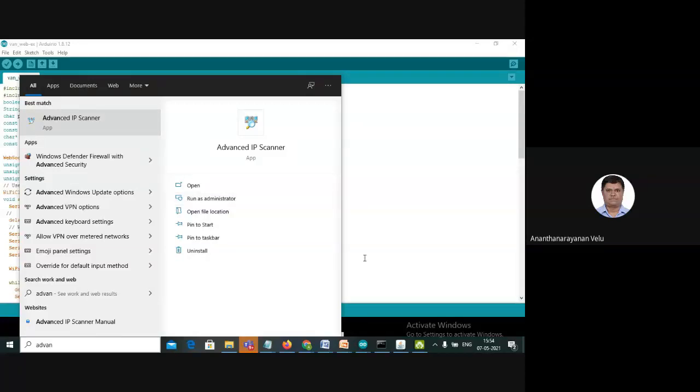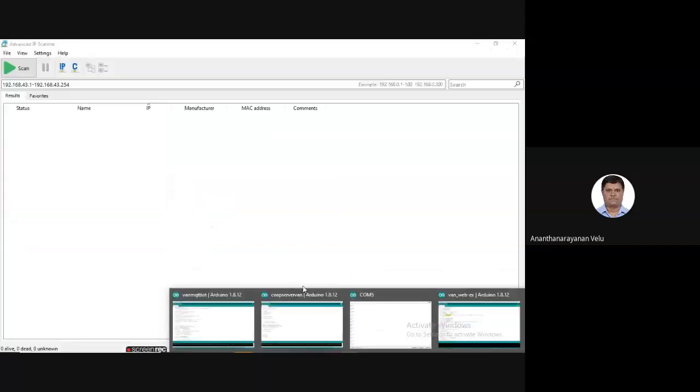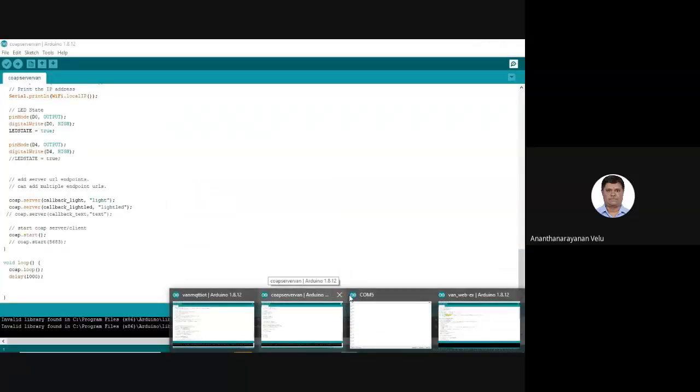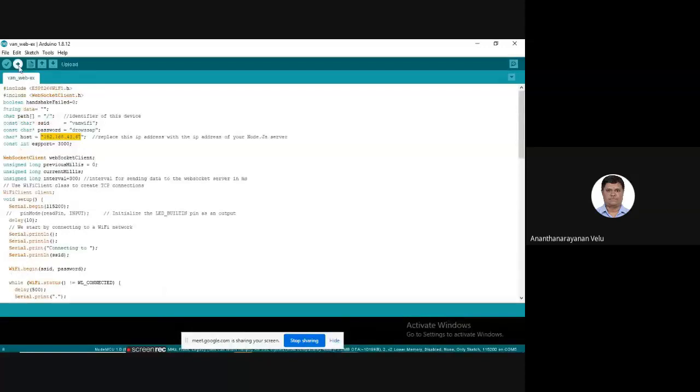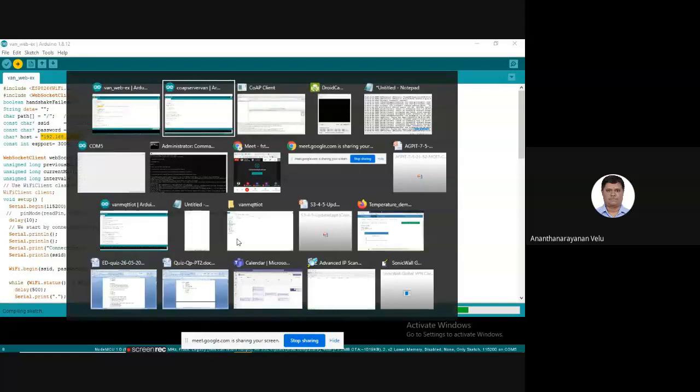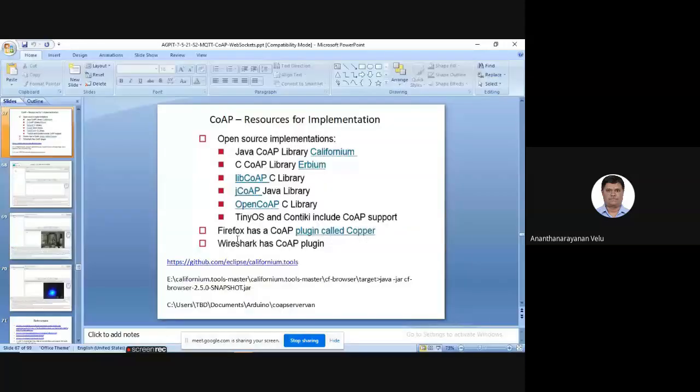Wait for a few minutes. In the meantime, I will upload this program to the NodeMCU, and at the same time you can see the outcome of the Advanced IP Scanner.